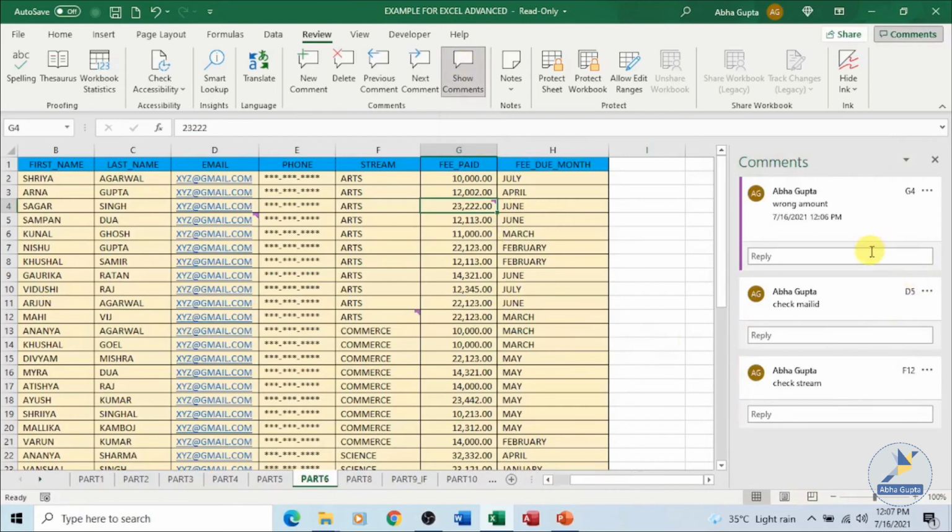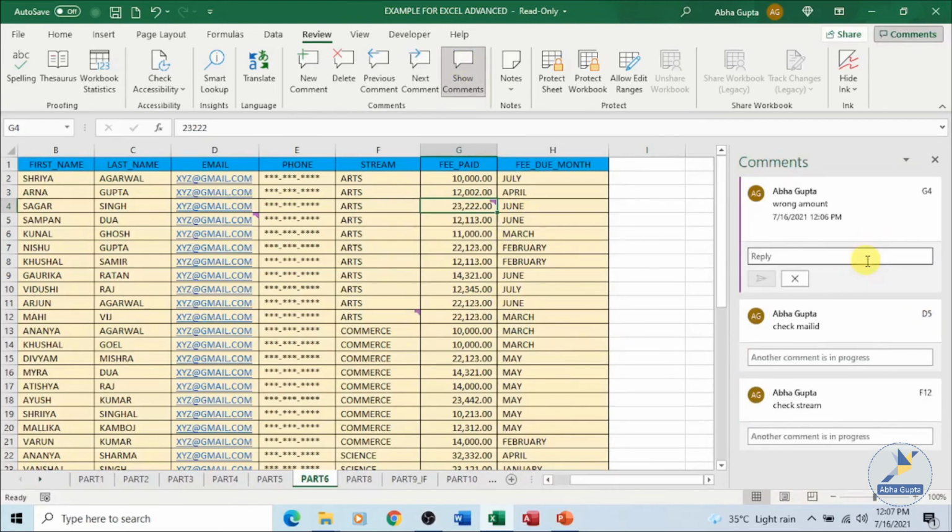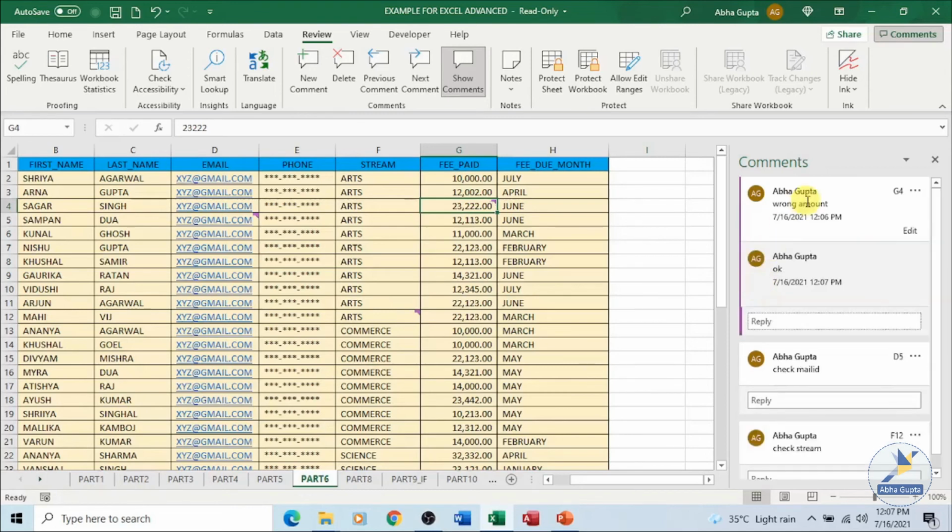From here also you can work on this particular comment which is available. I have started a conversation over here, and you can see these are the comments, different cells which are being provided, plus resolve thread and more thread options are also present. This is one way of seeing all the comments.